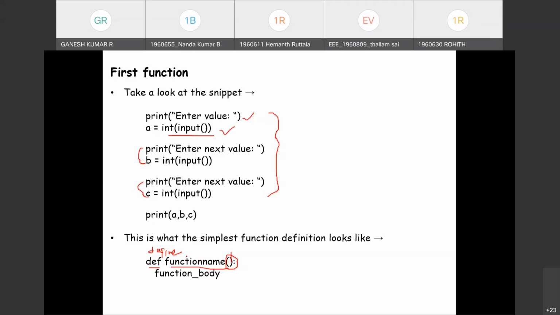So keyword def is followed by the function name, then a pair of parentheses which may initially be empty and later supplied with values, and the line has to end with a colon. The line directly after the def begins the function body.